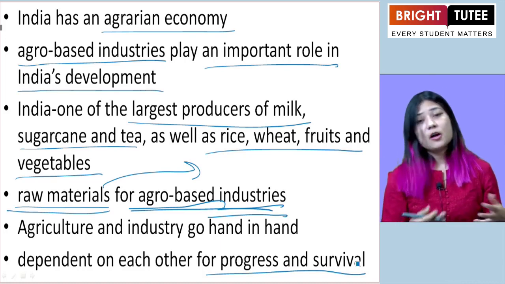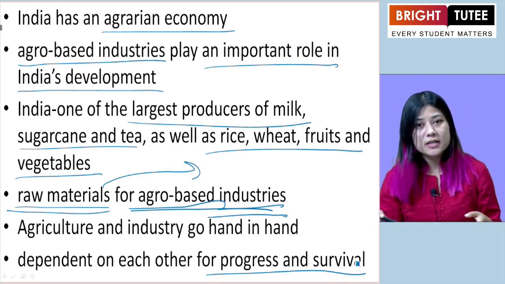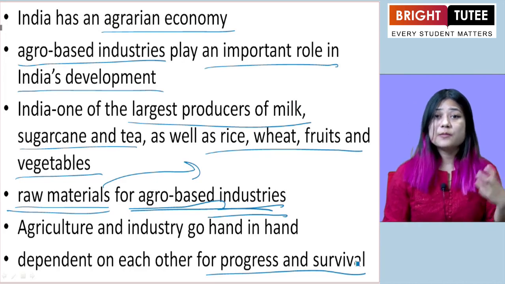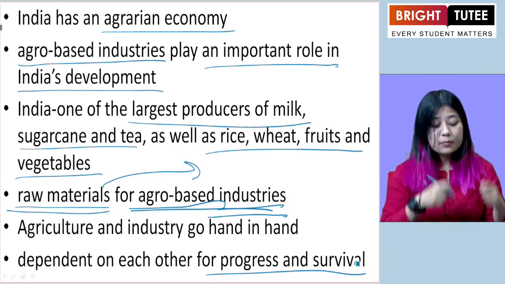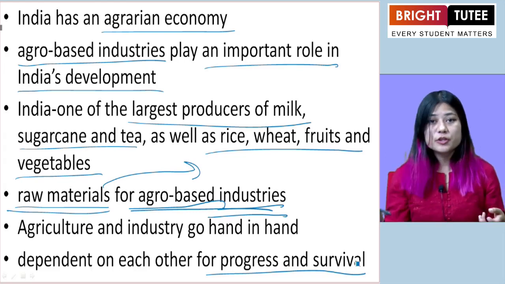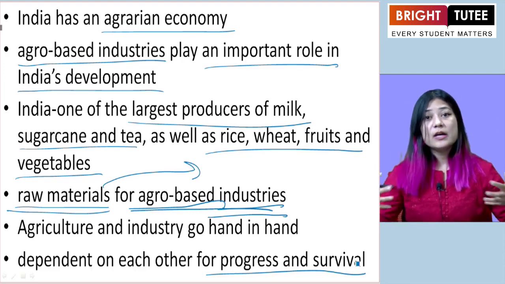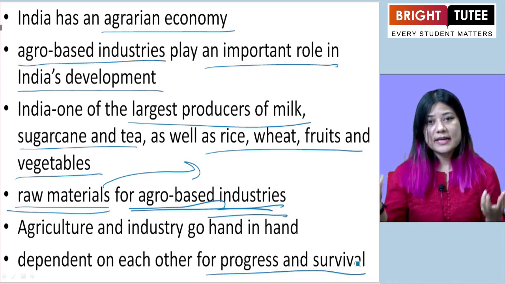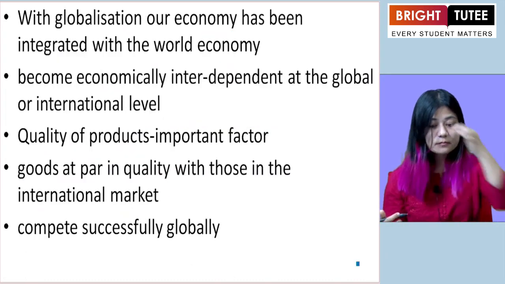How will they cultivate certain crops which can be used as raw materials for the industries? They need tools, they need proper equipment, they need tractors, they need proper hoes, they need proper digging tools, etc. Fertilizers, they are all produced by the manufacturing sectors. So you see how linked the two sectors, the agriculture and industrial sector, are. They're deeply linked with each other.